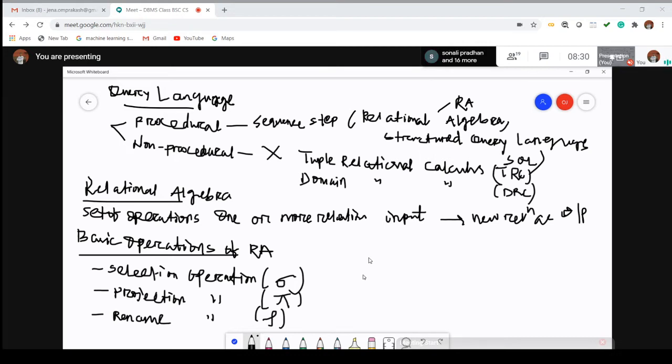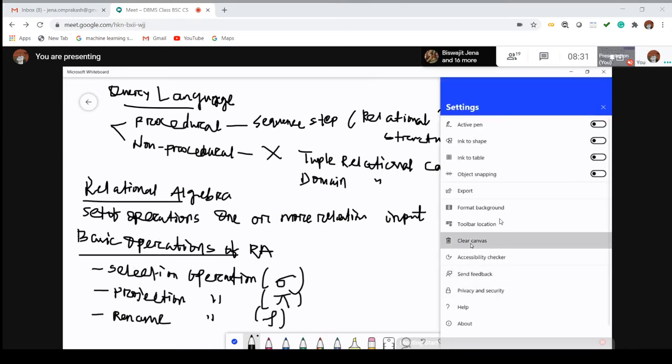Okay, selection operation is used for finding the rows, the horizontal values. Projection is used for the columns. Rename is used for renaming both the relation as well as the attribute value. So first we will go for the selection operation, then we will go for the other things.